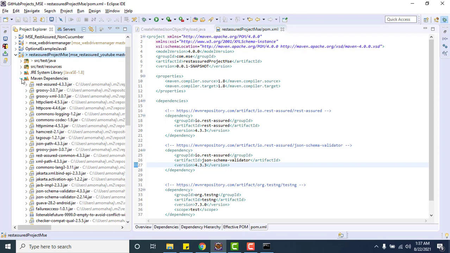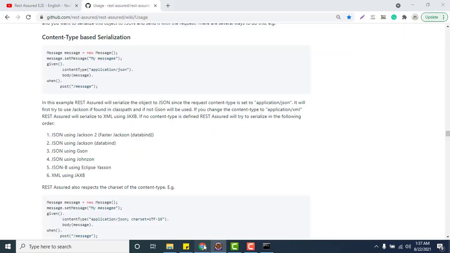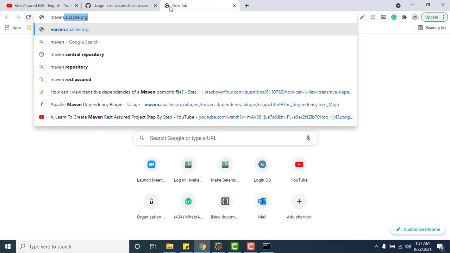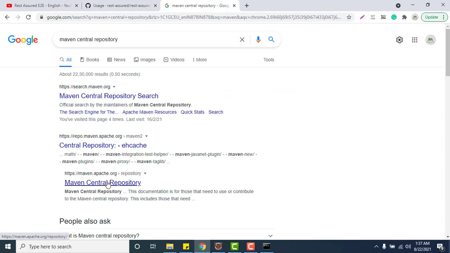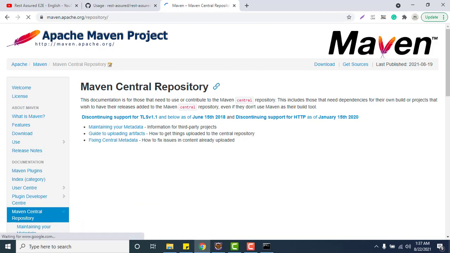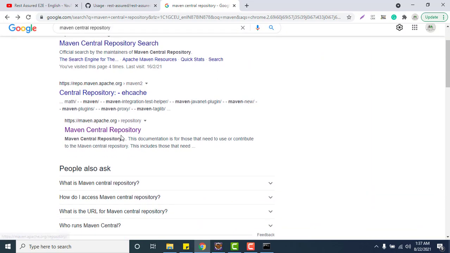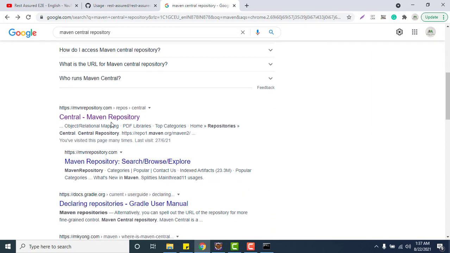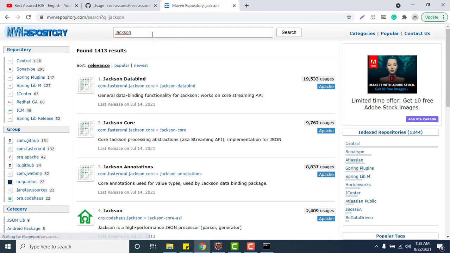Suppose you don't want to use JSON schema validator, or you are not using it, then what you can do is go to the Maven central repository, search, and explicitly search for Jackson data bind.